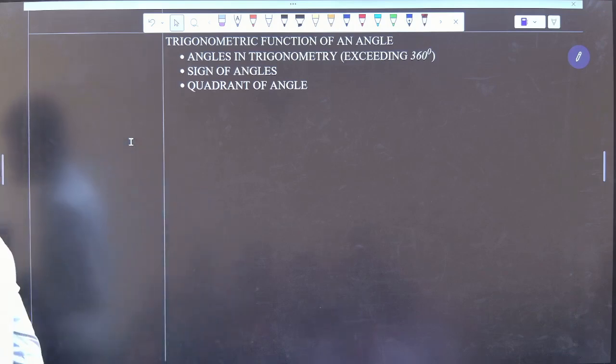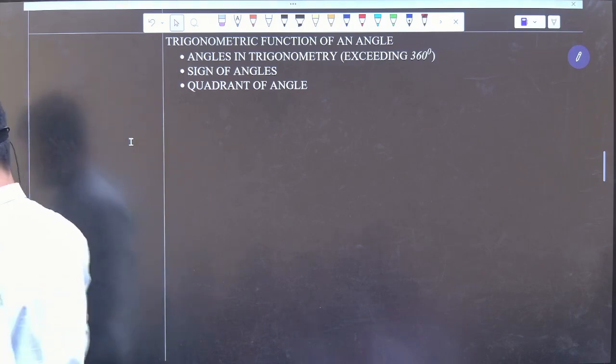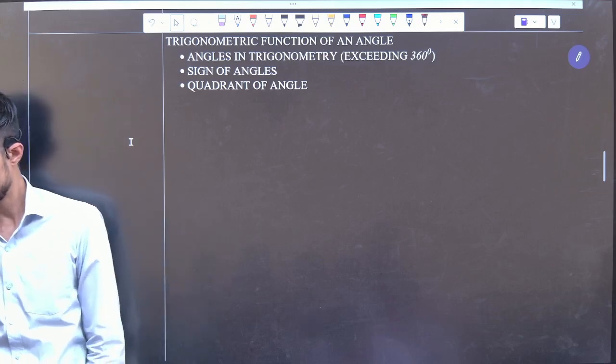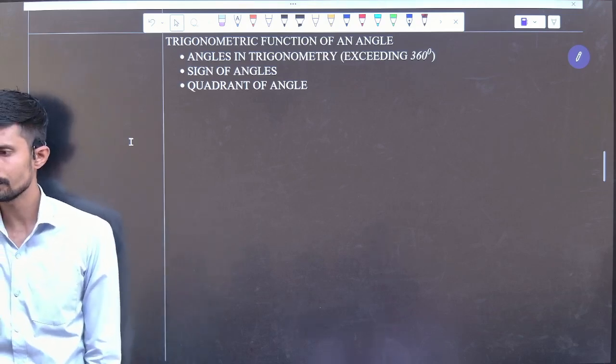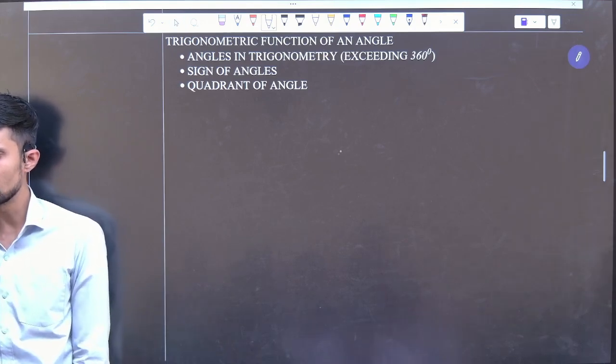Write down sign of trigonometric function. So what I'm going to teach you here is,